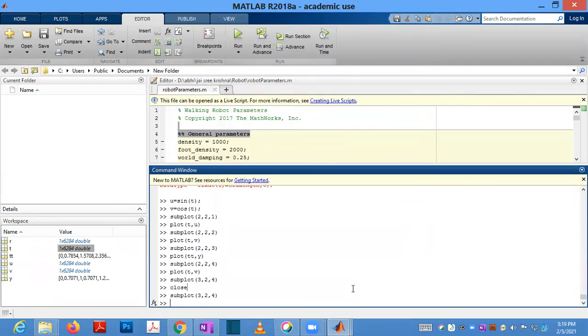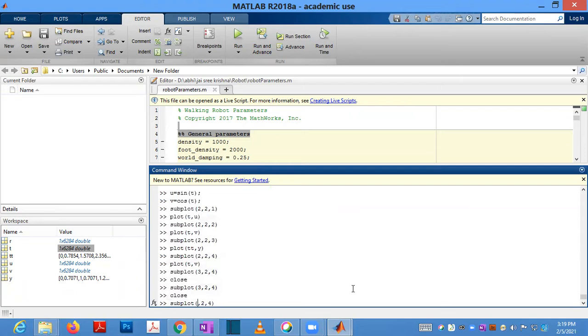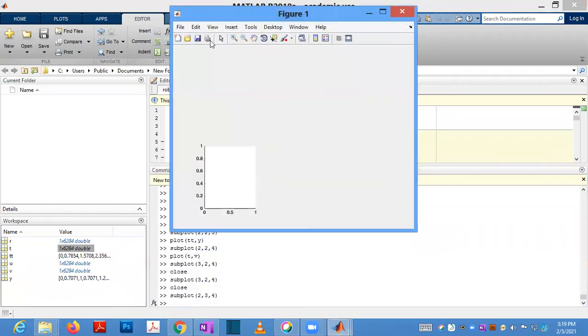If you want the other way, you can use 2 rows and 3 columns. So 2 rows means 1, 2, and 3 columns: first column, second, third.